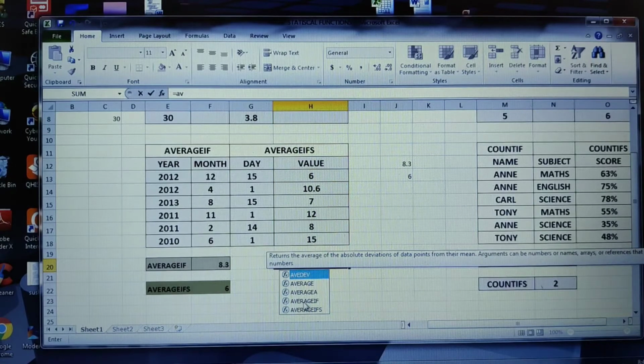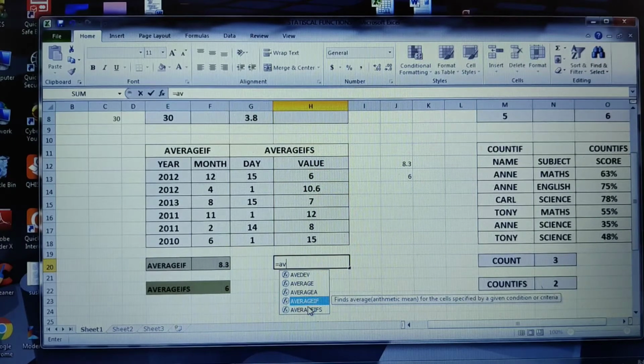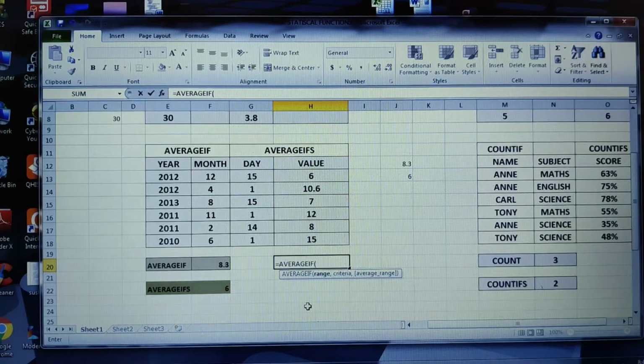Alright, so I have it here, AVERAGEIF. I'll choose AVERAGEIF over here, and when I click onto this tab, it shows you the syntax. What is the syntax? First you need to specify the range on which you want to find out the average, and then you specify your criteria, in the sense the condition. I want to find out the average of this value column, so I need to select this column.